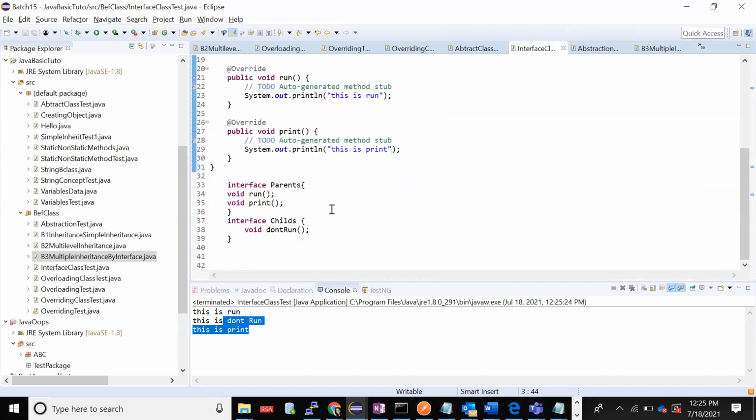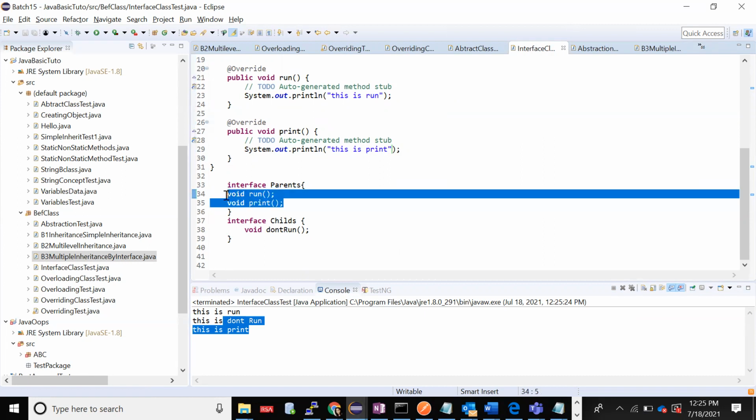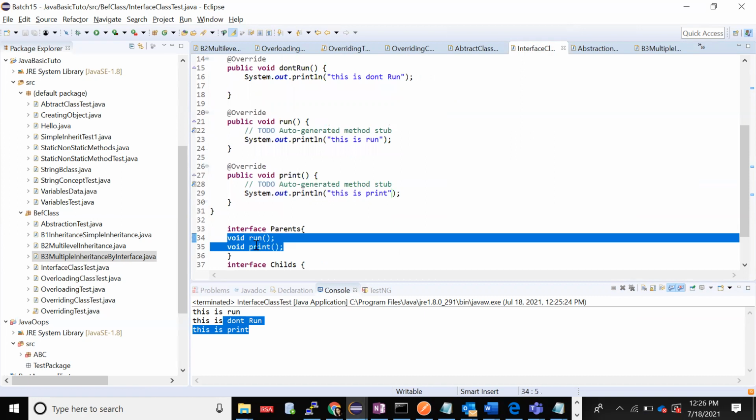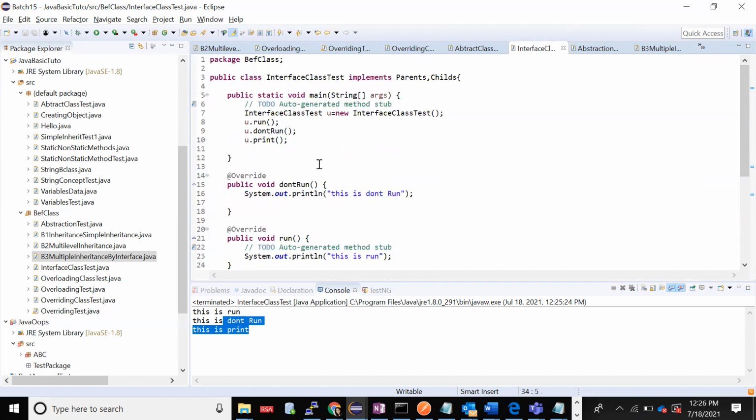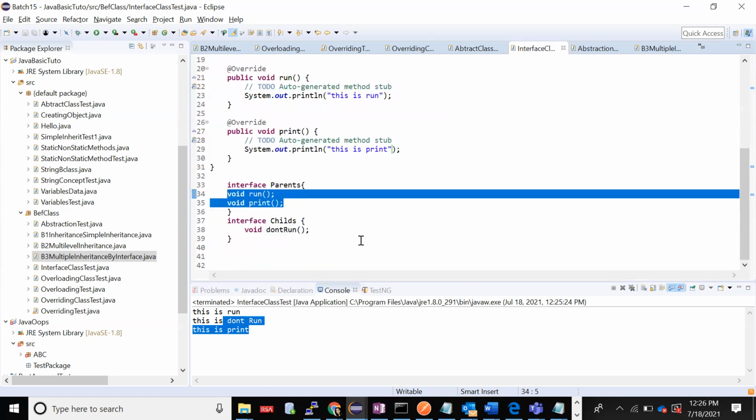They'll ask you how you achieve 100% abstraction by using an interface. You should tell them the methods which I'm declaring in the interface are by default public and abstract in nature. So all are abstract. You cannot declare a non-abstract method in an interface. That is the way you're overriding the methods in the child class and giving the body to them.